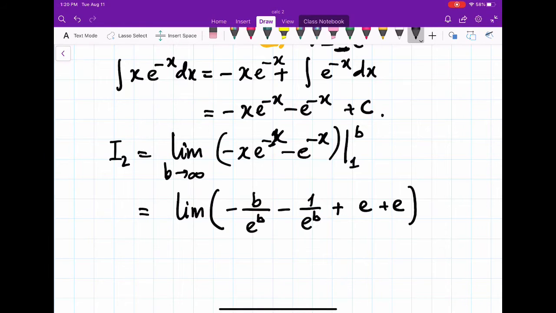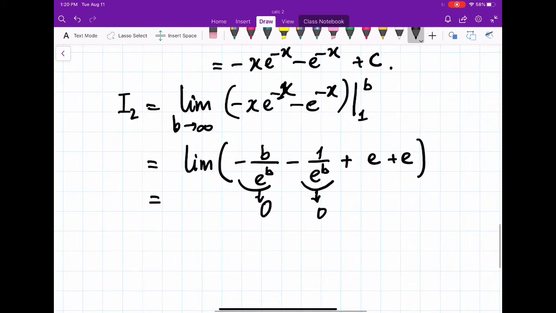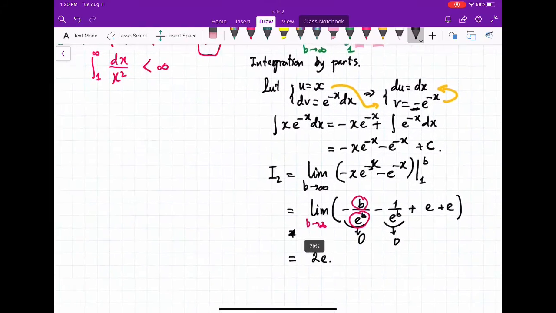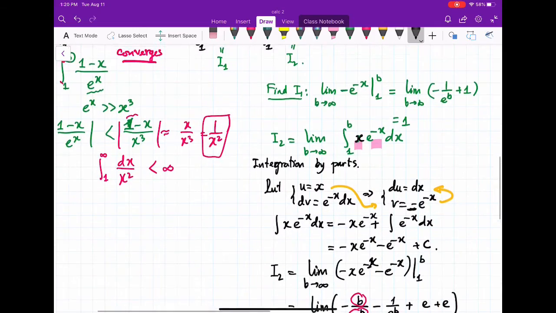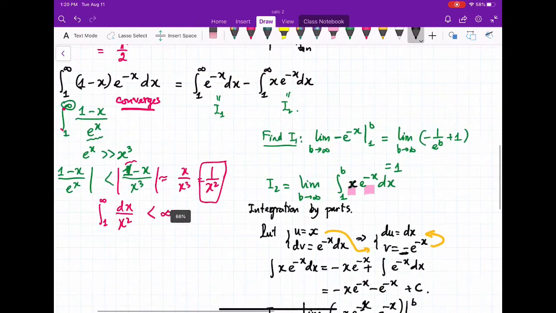Yes. So the first two terms approach 0. This guy approaches 0. This guy also approaches 0. Why? Of course you might use L'Hopital's rule, right? You differentiate that. But again, you might use the fact that at infinity the exponential function is very fast, much faster than a polynomial, so the limit is just 0. Or you might use L'Hopital's rule, I repeat again, right? So you have 2e. Interesting. So what do I get? I2 is 2e, I1 is 1, so